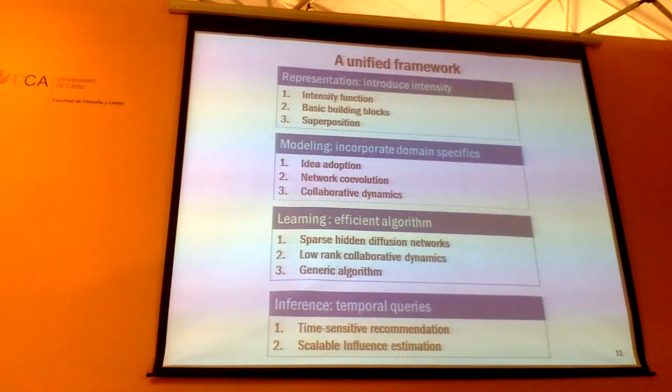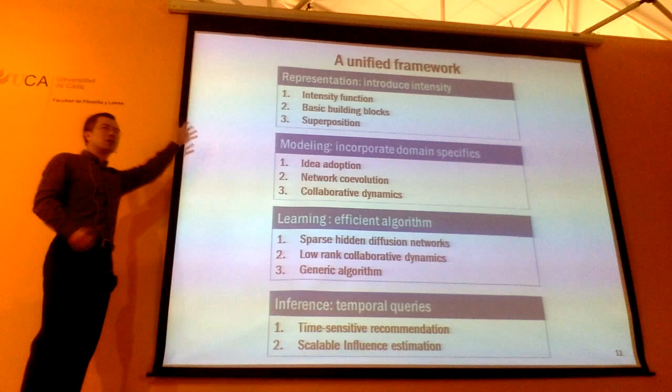So how are we going to structure the material? I'm going to largely divide the material into 4 chunks. In the first chunk, I'm going to introduce this important quantity called the intensity function. It's a concept from point processes, okay? And it's very useful for modeling various types of discrete events happening in continuous time in social networks and many other applications.